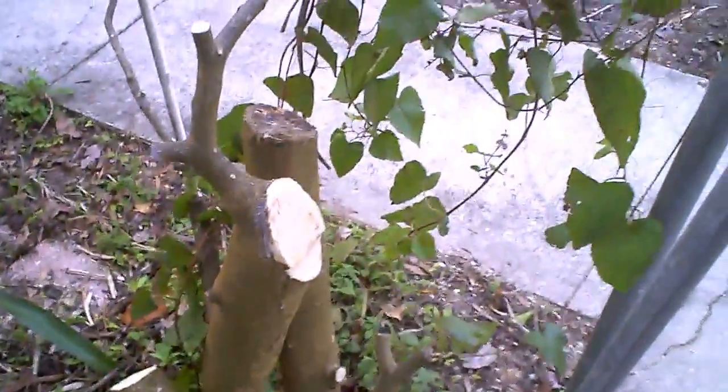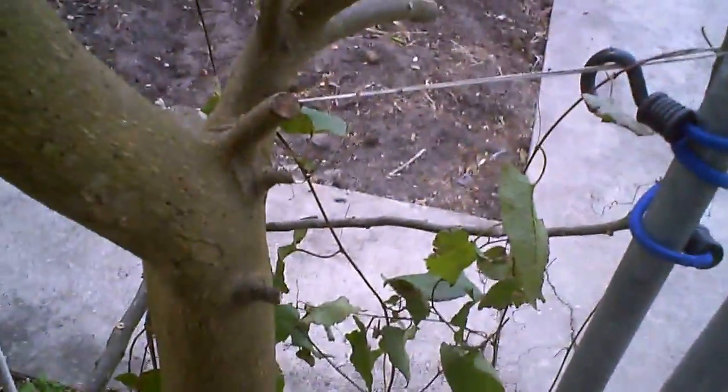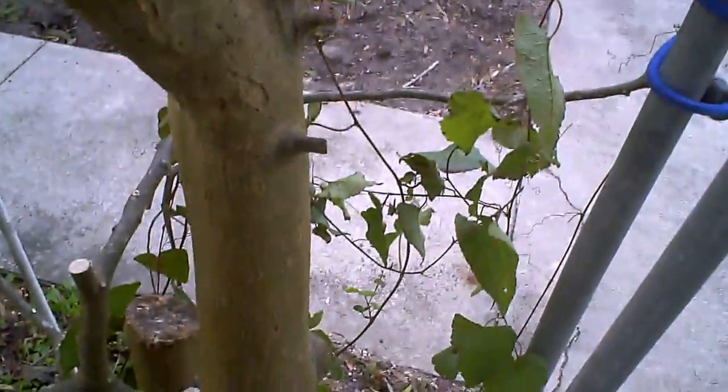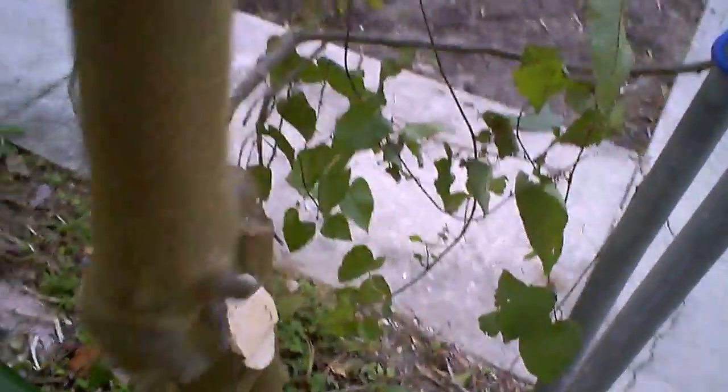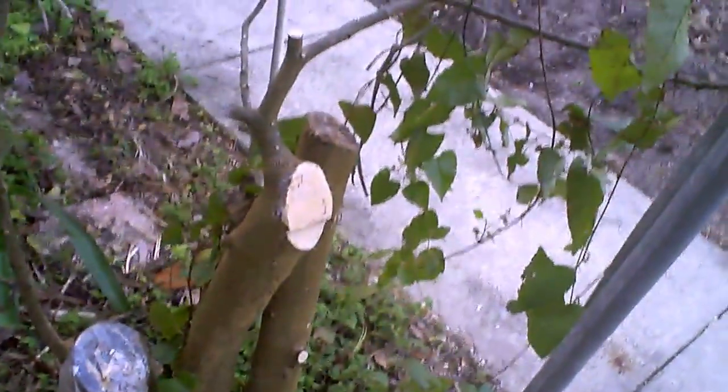So now I have cut back the grapefruit tree because it was starting to sprout out in many places, and I didn't want to mess with all those little sprouts. So here was the last segment that I cut off of the tree, and you can see what a large trunk this was. The tree was probably 15 feet tall, and it should create a vigorous growth pattern for the